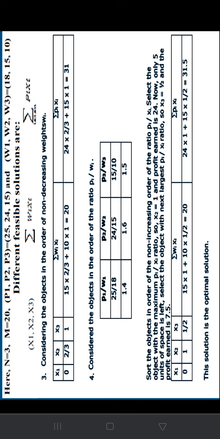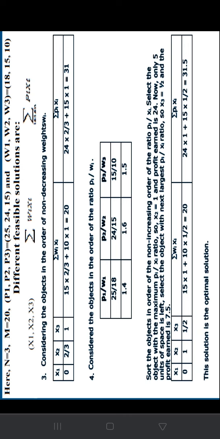And next, 10, we can take fully because that is the minimum weight. Then to fill the remaining 10 weight, we can add some portion of the second object. Okay. So how much we can add of the second object is 2 by 3 of the second object. So the last one is minimum